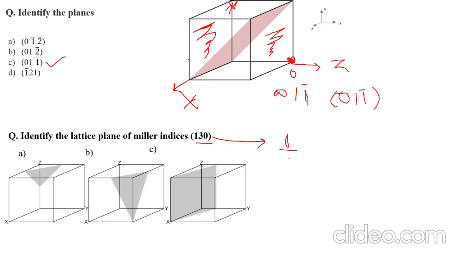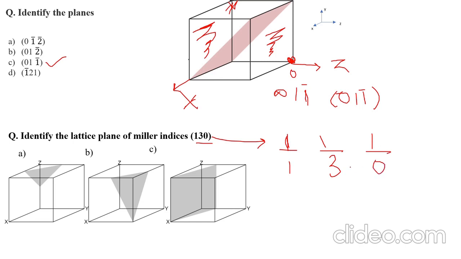So here you have to do the reverse of what you were doing earlier. First we were finding intercepts, then taking the reciprocals to find the Miller indices. But here we are given the Miller indices, so we have to find their reciprocals. So this is 1 by 1, this will be 1 by 3, and this is 1 by 0, which is